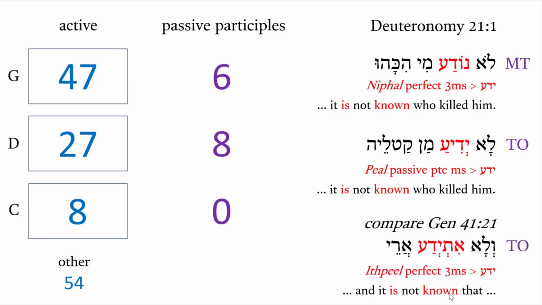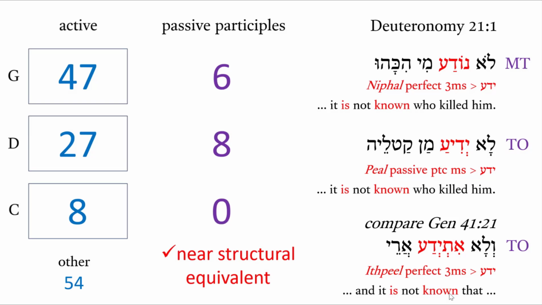But look at this. We presume the same translator, right? Onkelos? He also, it seems, feels free to use the itpael perfect third masculine singular, which you would have thought would be a closer translation in Deuteronomy 21:1. So that's on the top, and then Genesis 41:21 on the bottom, that itpael example. So we step back and ask ourselves a critical thinking question about the formal correspondence theory, at least of Onkelos. Why didn't he choose the itpael perfect third masculine singular? You'd think that would be closer in a formal correspondence way than a pa'al passive participle.